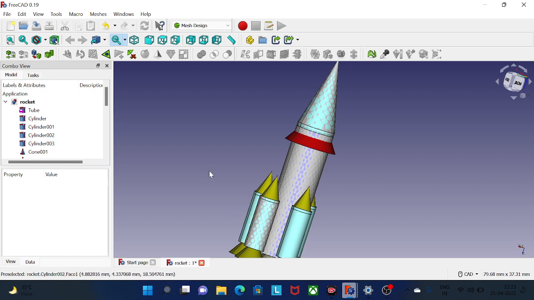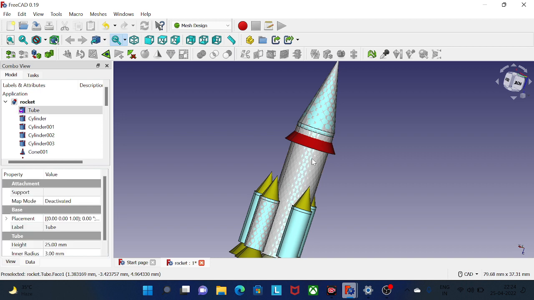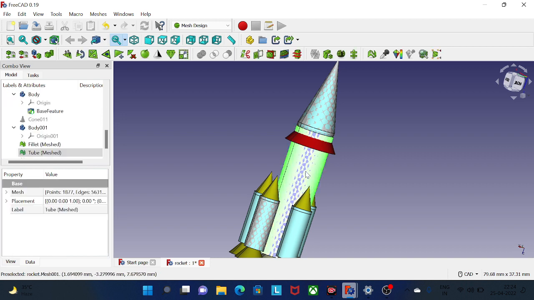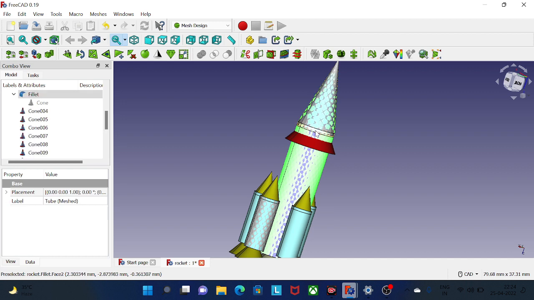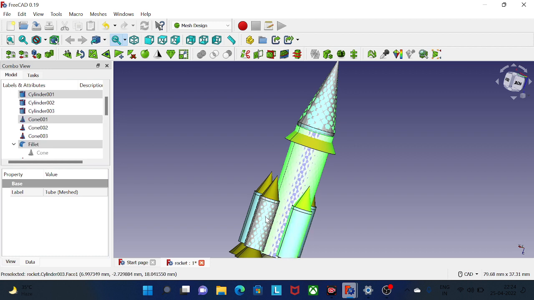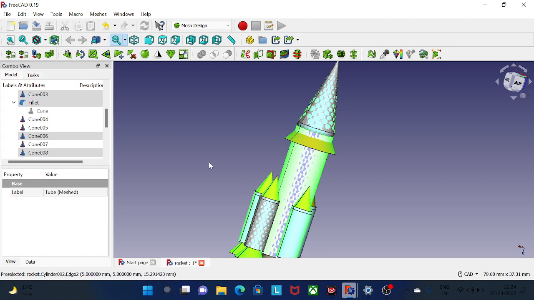For exporting we have to select all parts of this rocket. I select all parts with the help of the Control button. I select every part which I drew in this rocket.